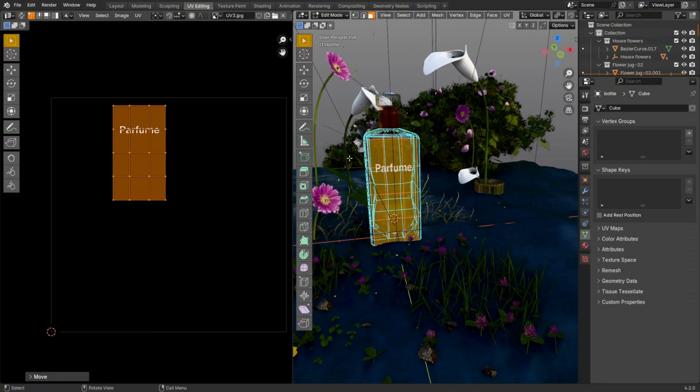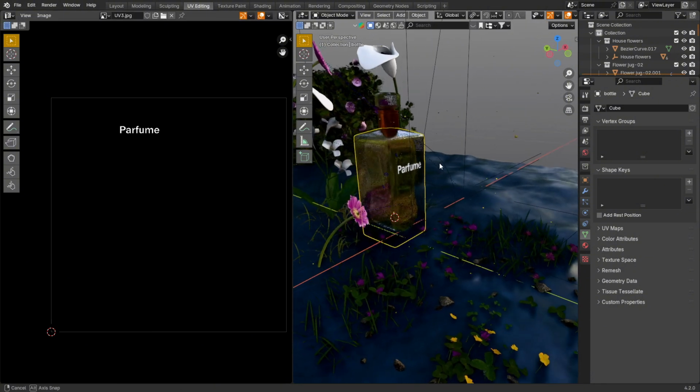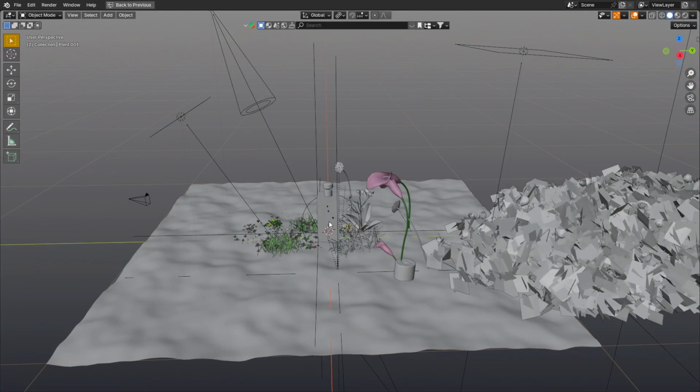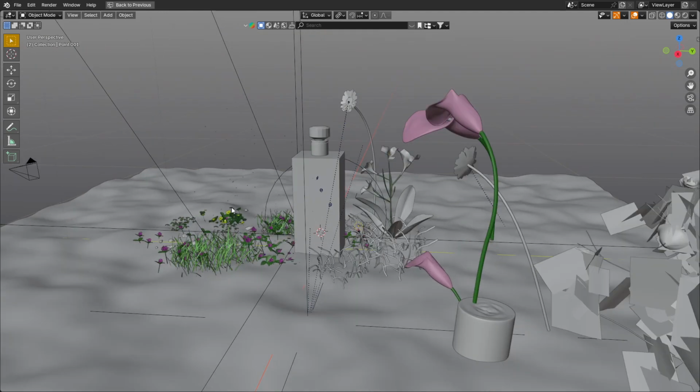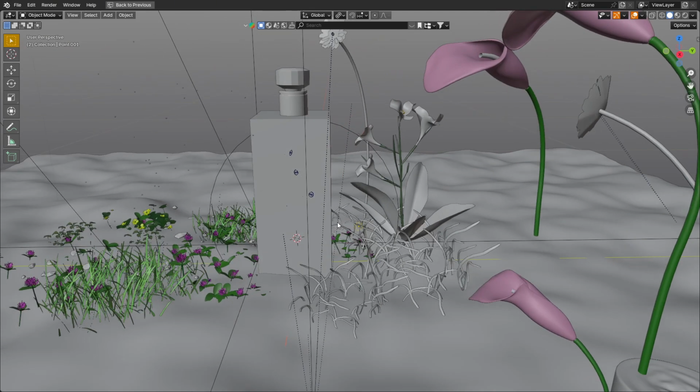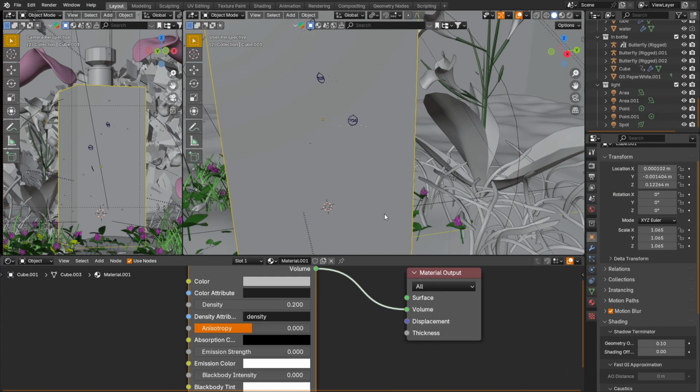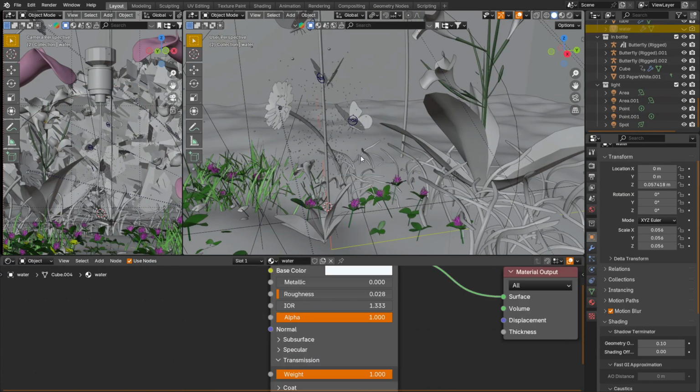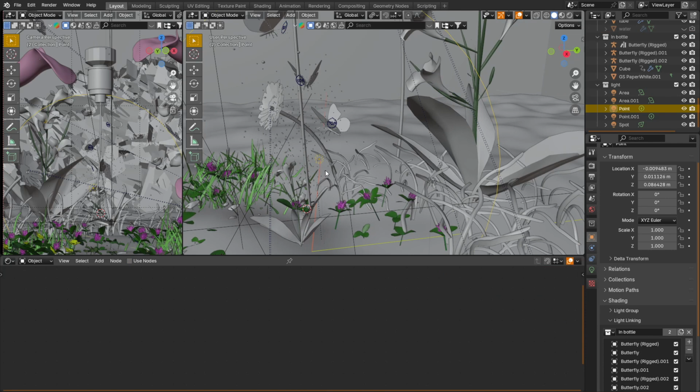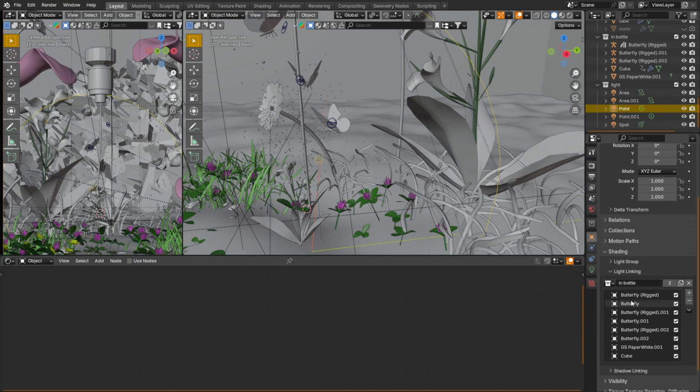I also want to show you how many lights I used and where I placed them. I want to start with the point light which I placed behind the perfume bottle to highlight the bottle's contours. I placed the next point light inside the bottle to shine on the objects that are inside, but not on the bottle wall, not on the glass. For this I used a function such as light linking. But for this, the objects on which the point light will shine must be in a separate collection.